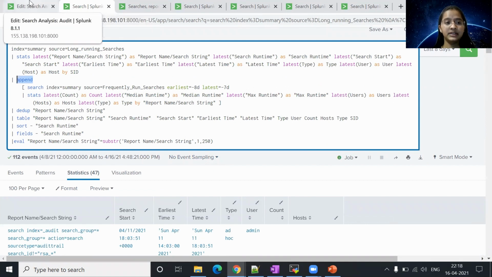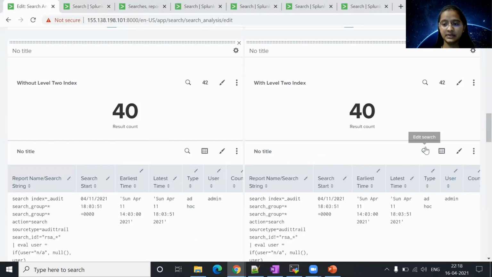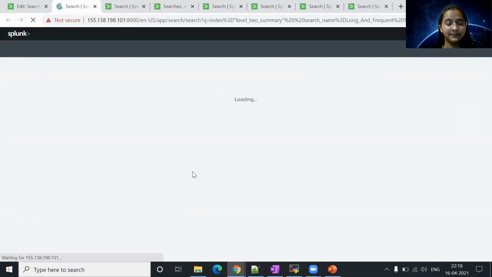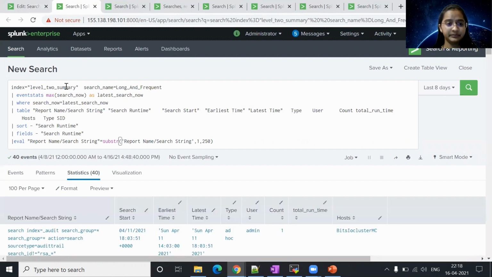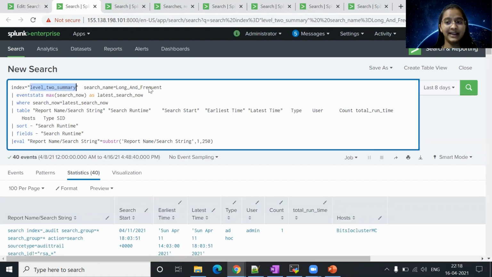So what if instead of that, we can use something which gives us the result faster? Here I am using level 2 summary indexing and I know the technique of how to retrieve the latest of search now. Now let's see the difference.